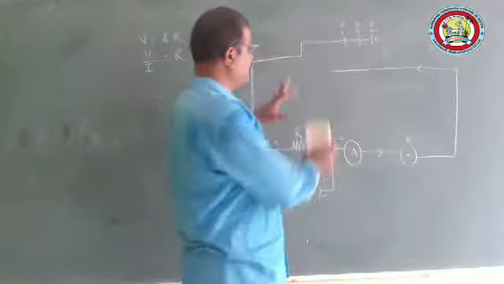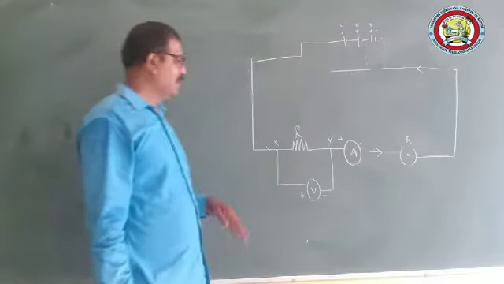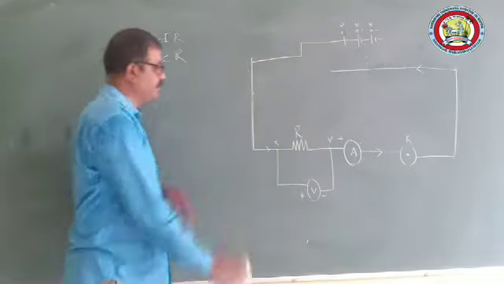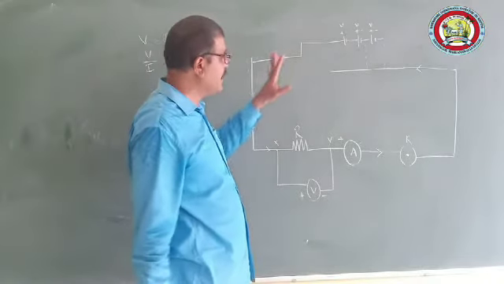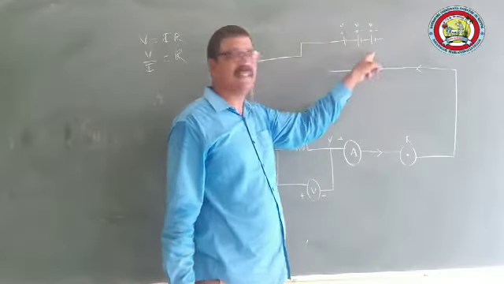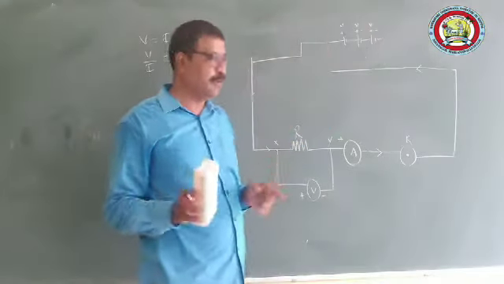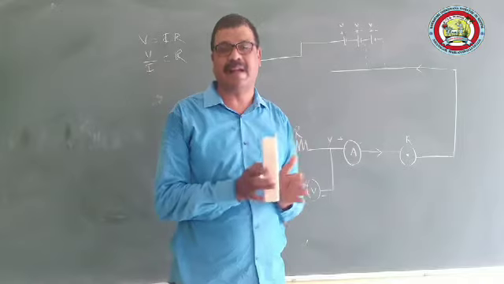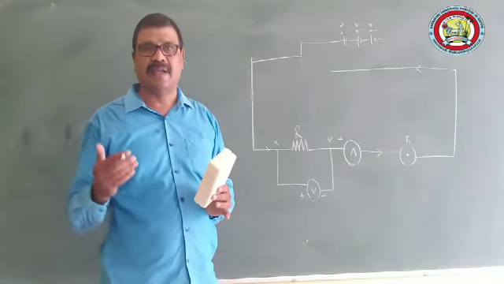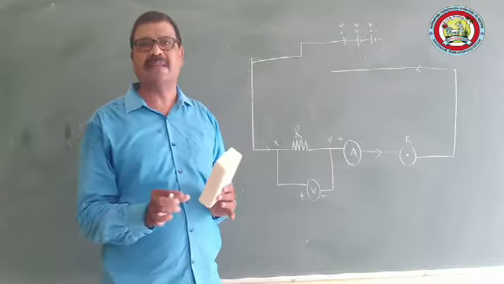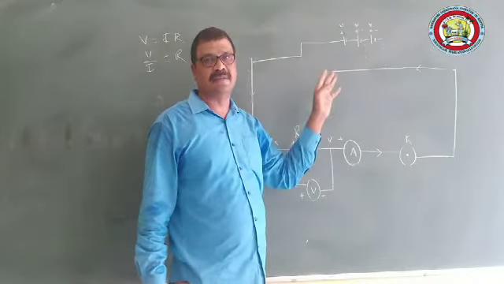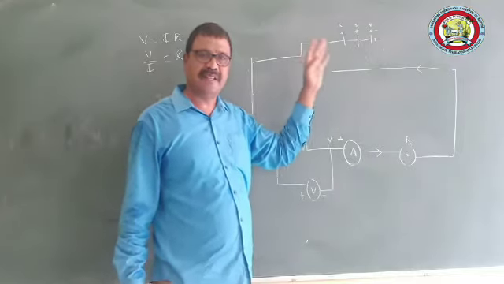See, this is the circuit diagram I have drawn. I will explain the circuit diagram before going into how we verify it. As I already told you, we have 3 cells here. These 3 cells will constitute a battery. I hope you understand the difference between a cell and a battery. Usually a battery has 2 or more cells, though even a single cell can be called a battery. But here we are taking 3 cells to vary the current.